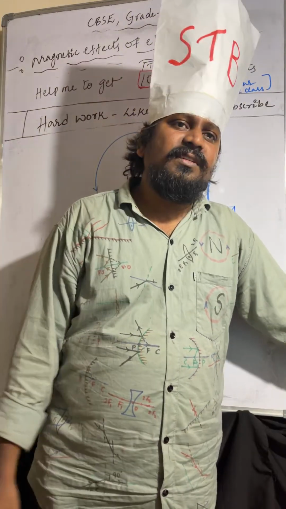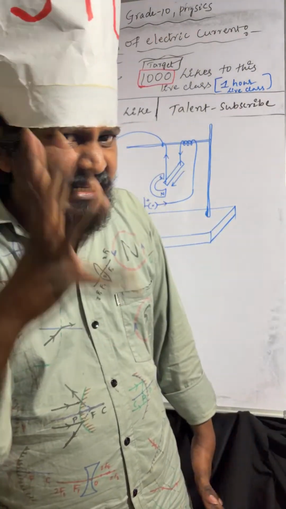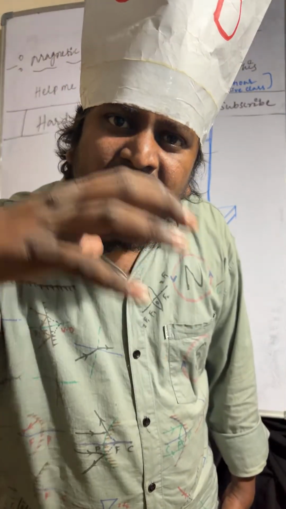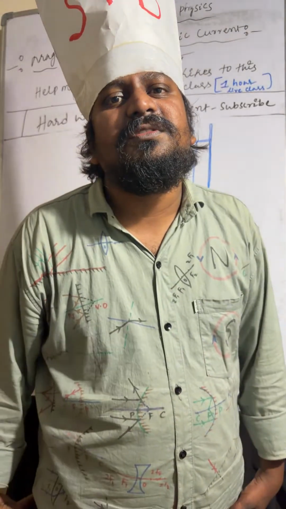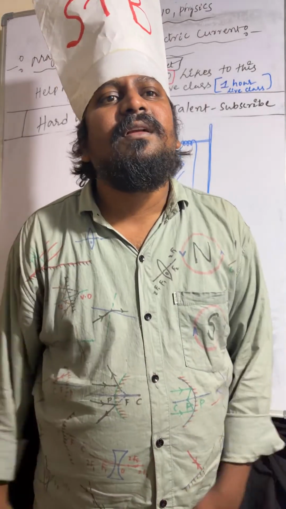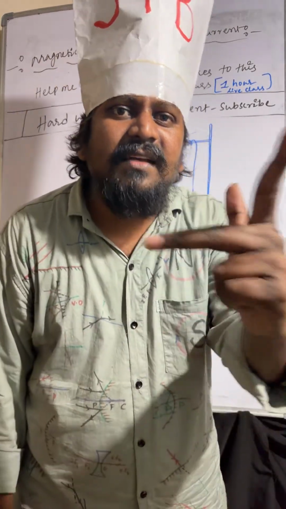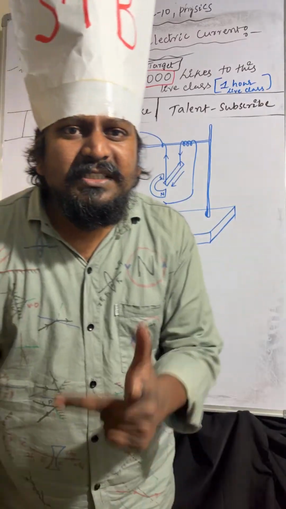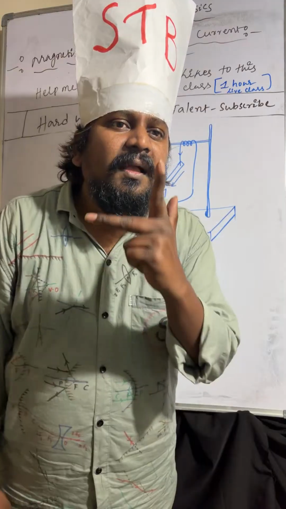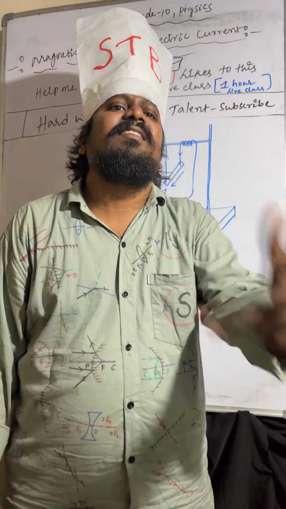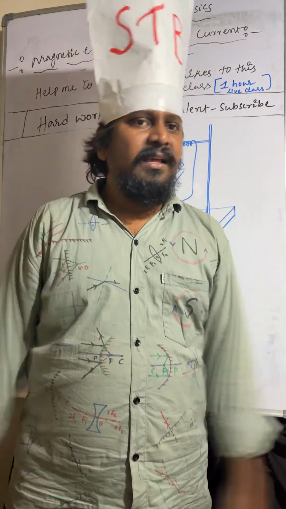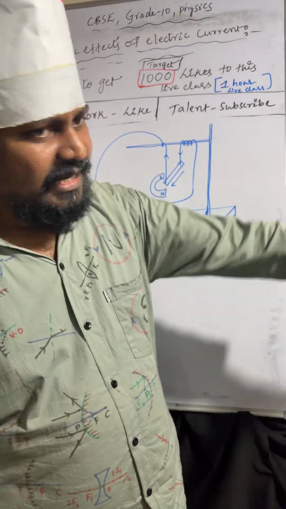A current carrying conductor placed in the external magnetic field experiences a force. By using Fleming's left hand rule, we can understand